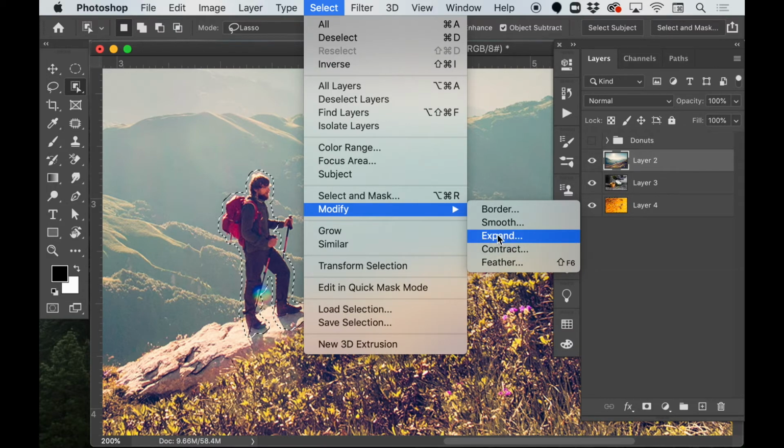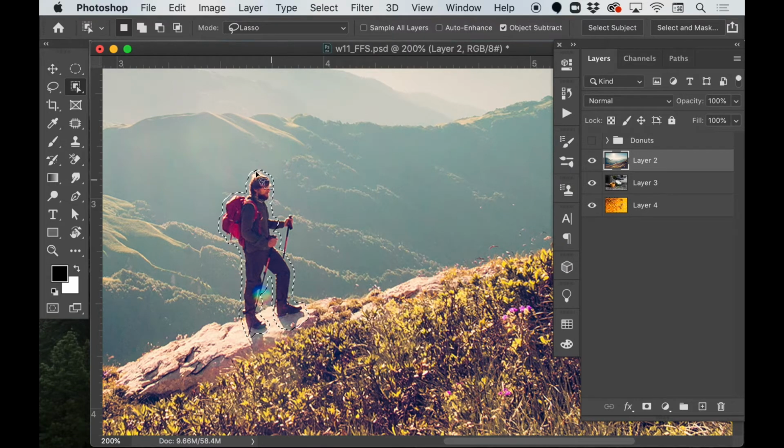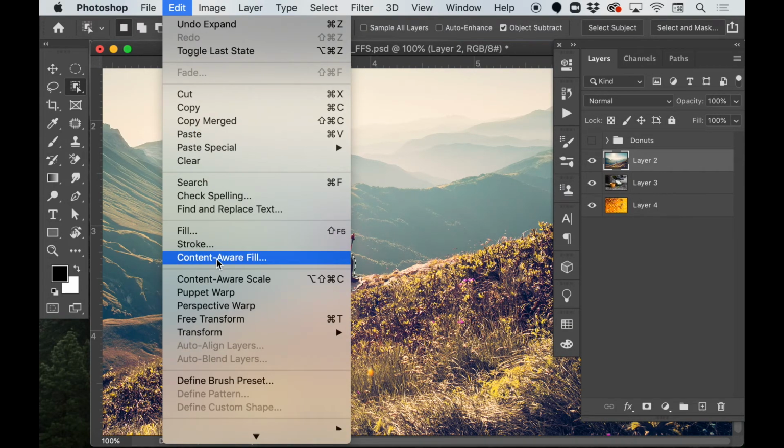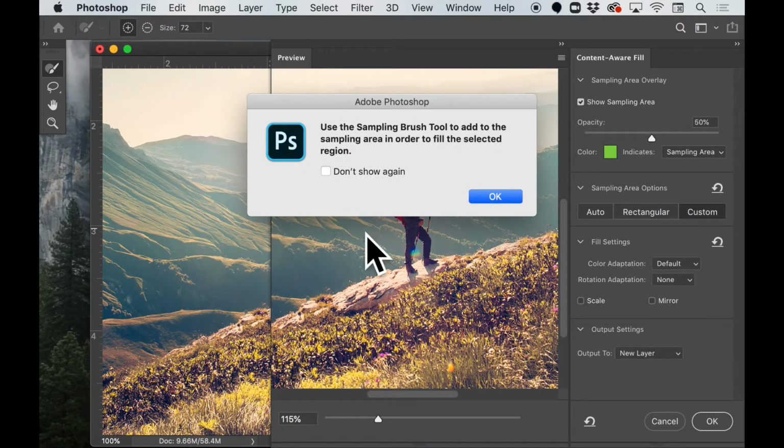And the opposite of doing that, if you wanted to contract it, would be contract, and the number of pixels will just take that selection and shrink it, while expanding grew the selection a little bit. But that's a nice selection. And again, I know it's not perfect. I don't have the arm in there, but I'm just going to do that same content aware thing, which was edit, content aware fill, and then again I didn't create a new layer this time because I'm going to output this to a new layer anyway, but same pop-up again because it's defaulting to the last thing I used, which is that custom